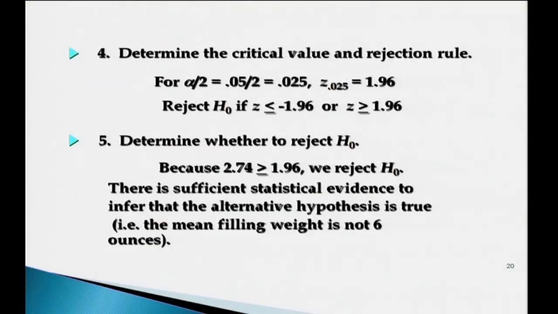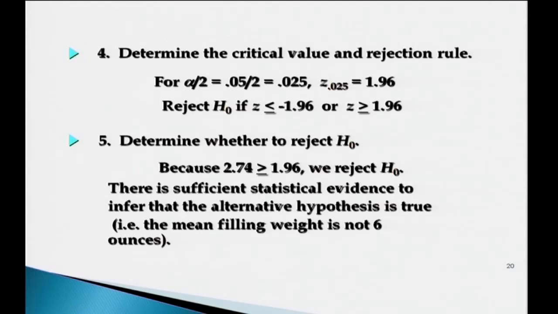So, what is happening? There is a significant difference, because this is more than 1.96, we reject H naught. So, there is sufficient statistical evidence to infer that the alternative hypothesis is true, that is, mean filling weight is not 6 ounces,